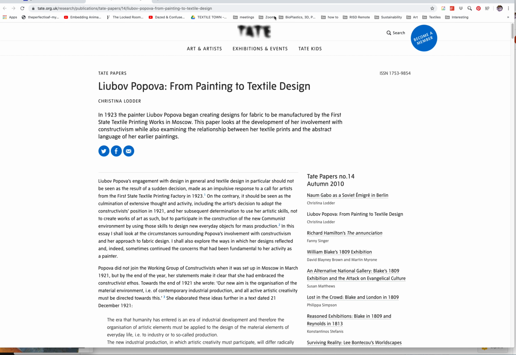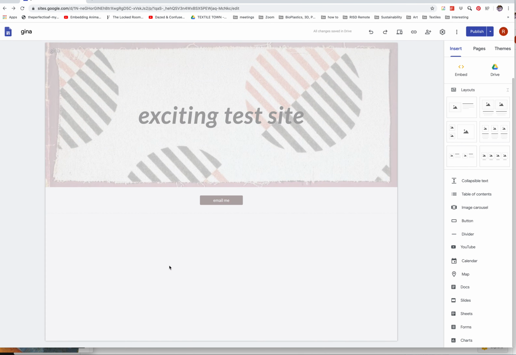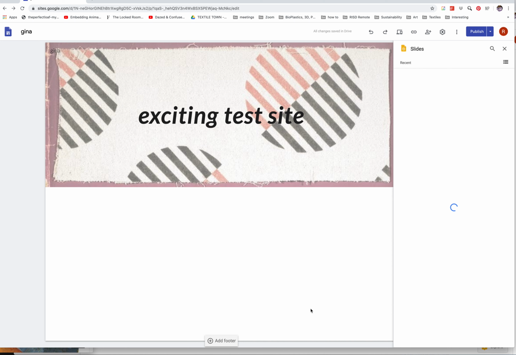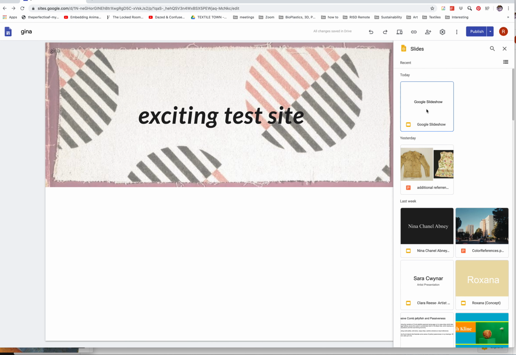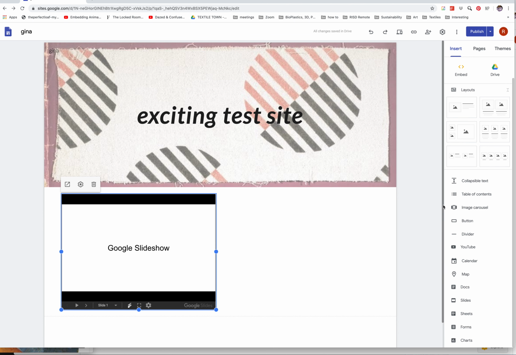So we're going to get out of there and go back to the editing platform. So again, I can delete that. I'm not going to add YouTube or the calendar or the map right now, but I'm going to go to slides because that'll work the same way docs, sheets, forms, and charts work. If you have a Google slideshow and you want to embed it into your site, you can just click on slides and bring your test site that I made here into this environment and resize it